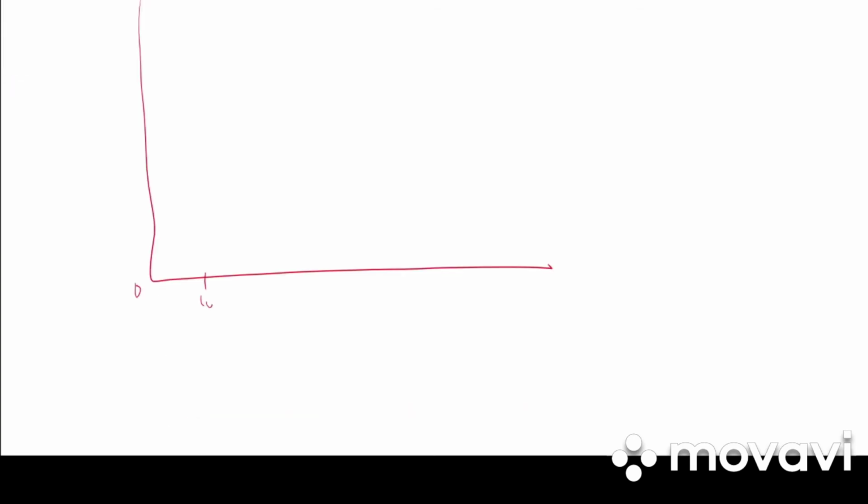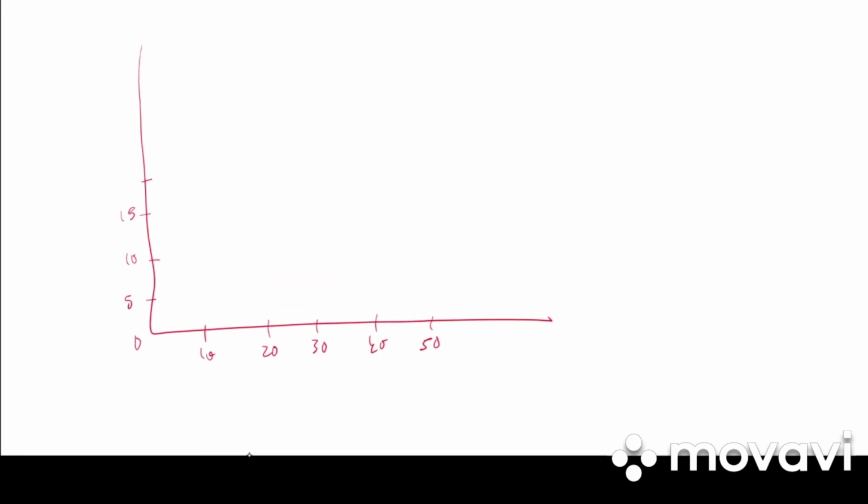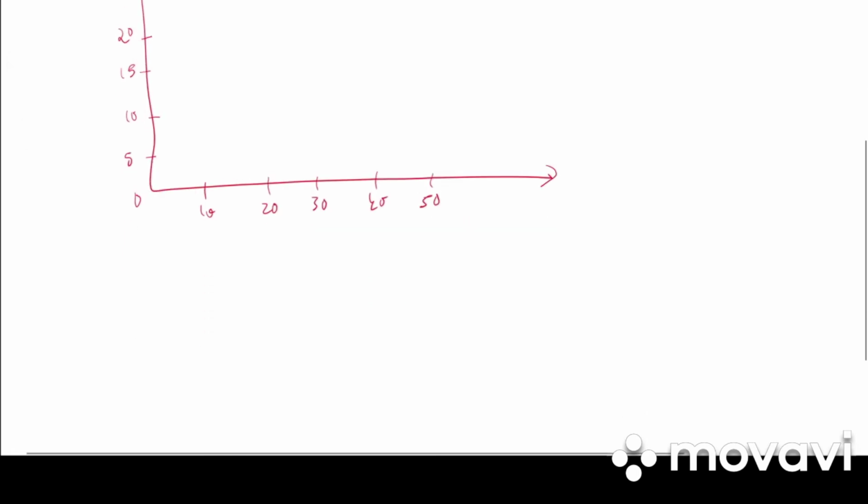So calculate mode of the following series using graphic technique. They have given us the data. We need to find out the mode using the graphical approach. The x-axis will be 10, 20, 30, 40, 50. And in case of number of families, we can have 5, 10, 15, 20, 25, 30. This is our y-axis, which represents number of families. X-axis represents expenditure.